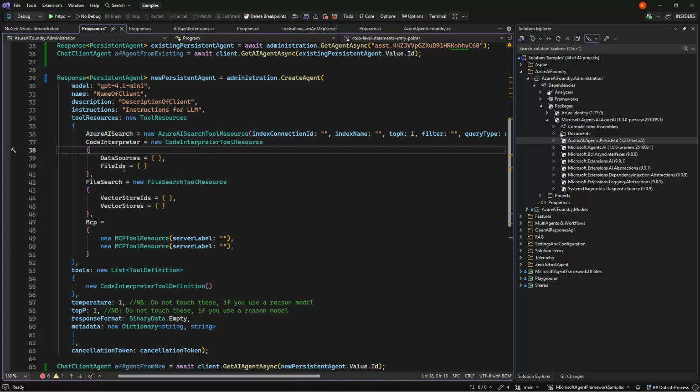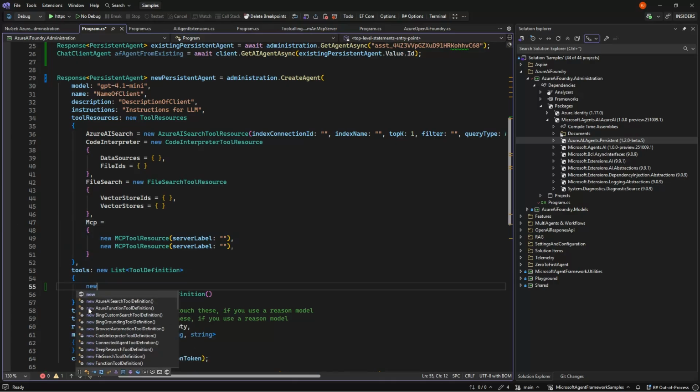But there's various tools that you can hook up to. You can hook up to Azure AI Search, which has some configuration. You can hook up to code interpreters, file searches for vector stores. You can hook up to remote MCPs, which is not up in the portal as of this recording. And I've heard a bit of rumors that it doesn't work too well, but we will test it out in a separate video. Then you tell your tools, and for some reason, the Bing tool, which is the tool that you use for web search, you don't set up here.